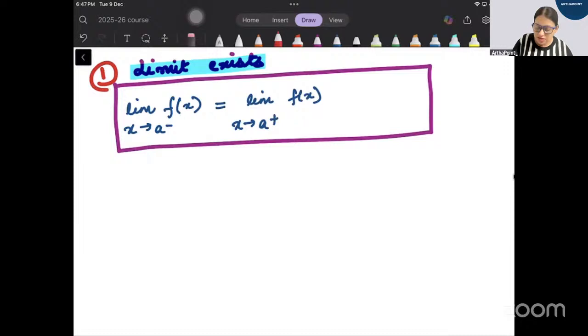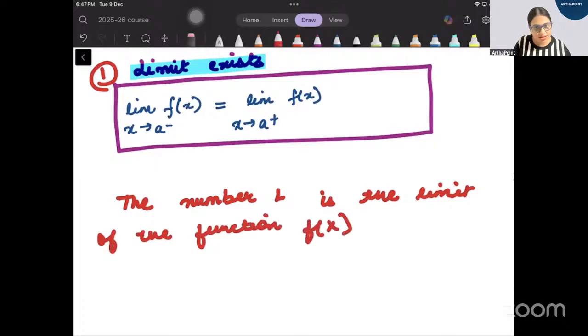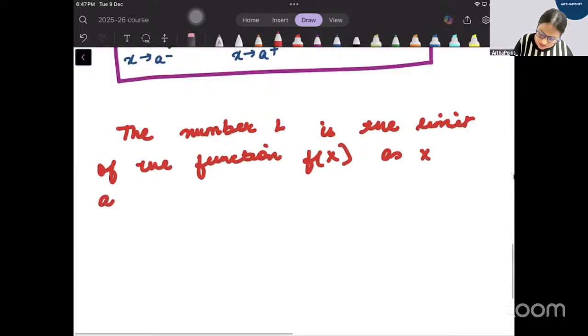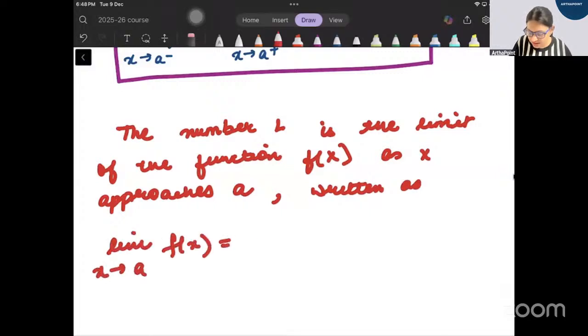But they say that, I'm writing the formal definition, the number L is the limit of the function fx as x approaches a, written as limit x approaches a, fx equal to L, if, okay, I'll write everything in words only,